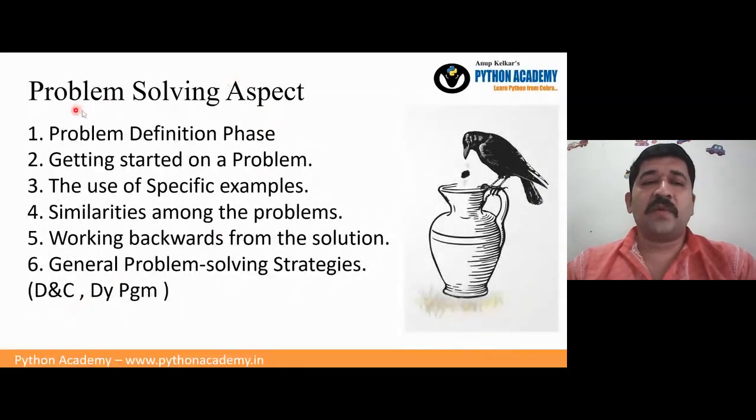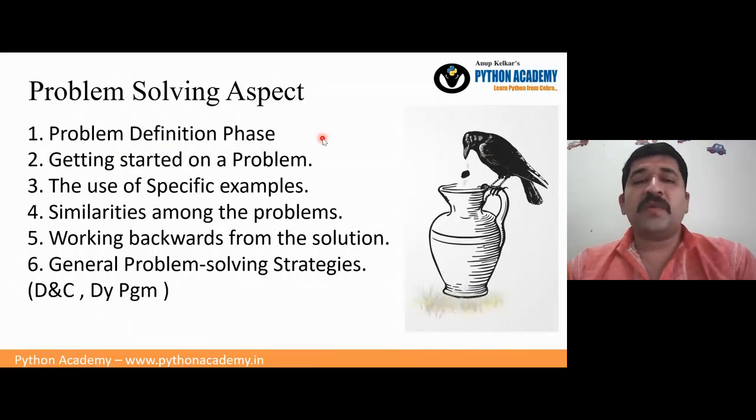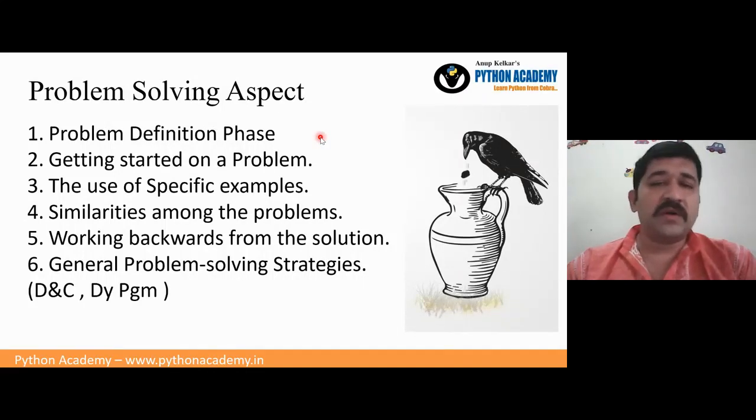The first one is the problem solving aspect. You have to develop it first so that you can easily go ahead to write different complicated, complex programs also. In this we have the problem definition phase. Basically here we talk about what the problem in hand is. Is it the problem of a simple exchange of two variables? Is it the problem of sorting? Is it the problem of sorting in multiple ways, like the bubble sort? Maybe it is the problem of other related stuff. So the problem definition should be clear at the first step because that is the main thing you should understand.